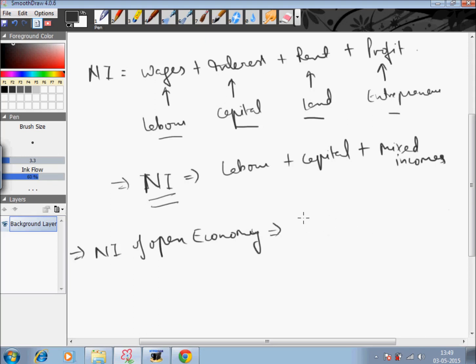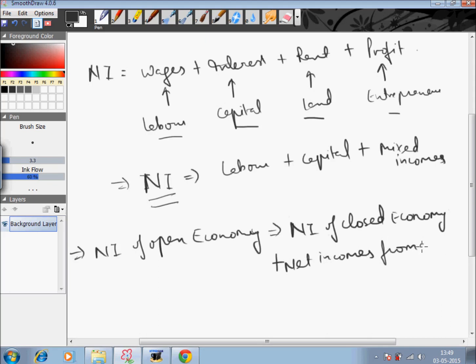We do it like this: national income of closed economy, which we determine by using any of the three methods which we have studied to determine the national income. In this, if there is surplus, that is, exports are more than imports of a particular country, we add those net incomes